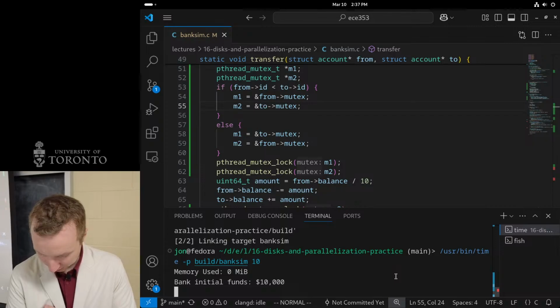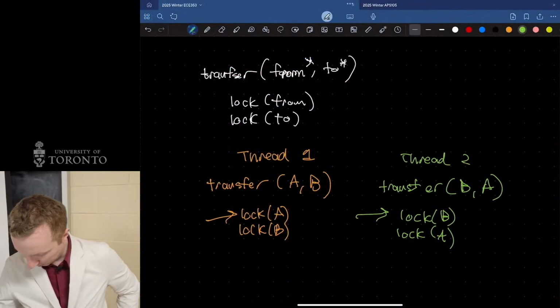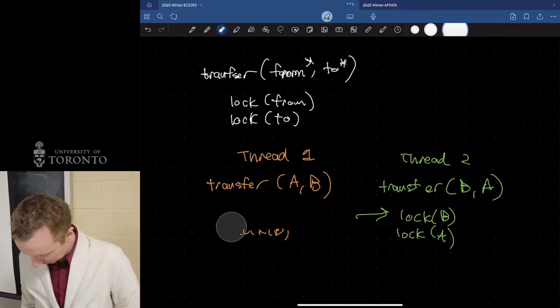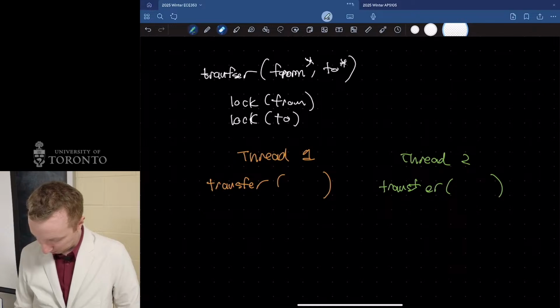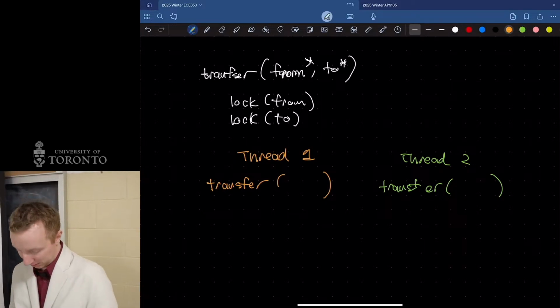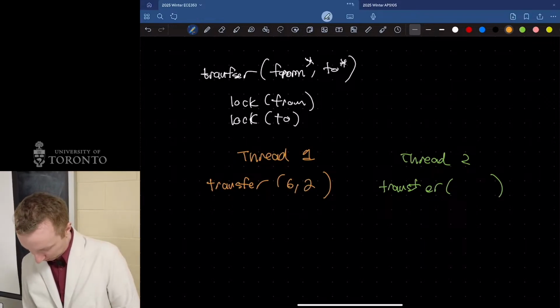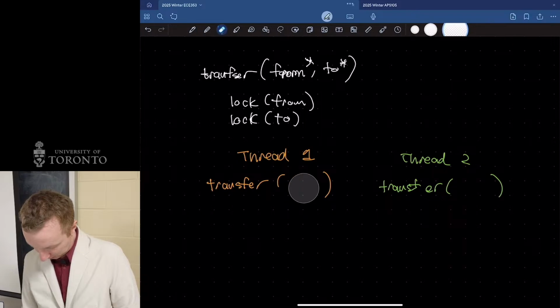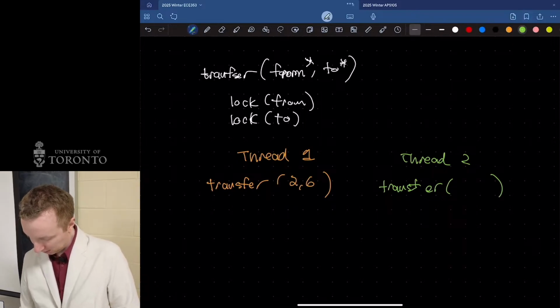So you're saying we have 2 threads doing transfer. So which accounts do you want to transfer between? Maybe 2 and 6, or the other way around.